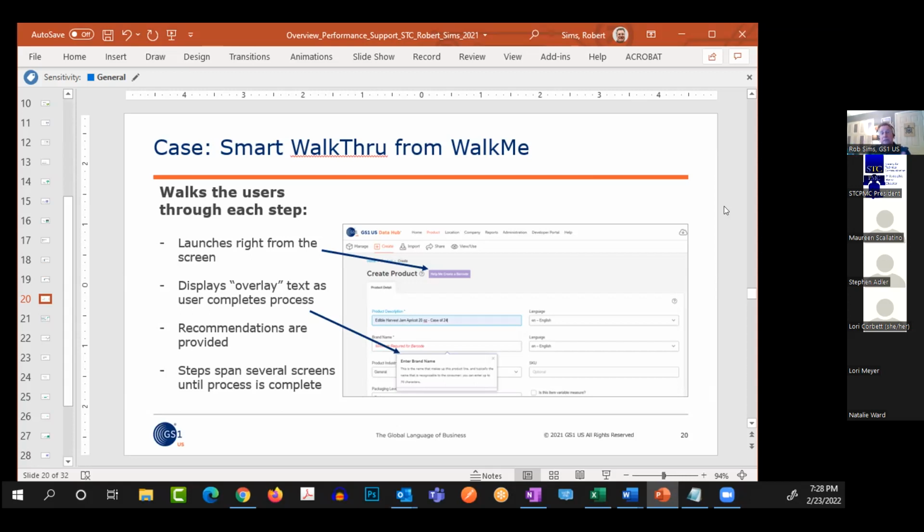And I can build that in a very easy user interface that allows me to build steps. All the digital adoption platforms have this ability to build those steps and make them required, where they have to enter something, or optional. Really what it does is provide recommendations. It spans several screens, because the process takes a few different screens. Within that process, I can put links to the help center, because I only want to put maybe 15 to 20 words maximum in each step. But some users may have deeper questions or want to go further, and I can put links that drive them into the help center and my PDF user guides to get more answers.